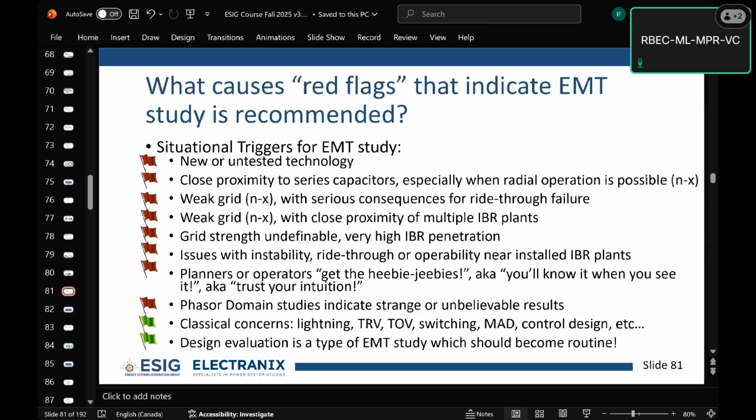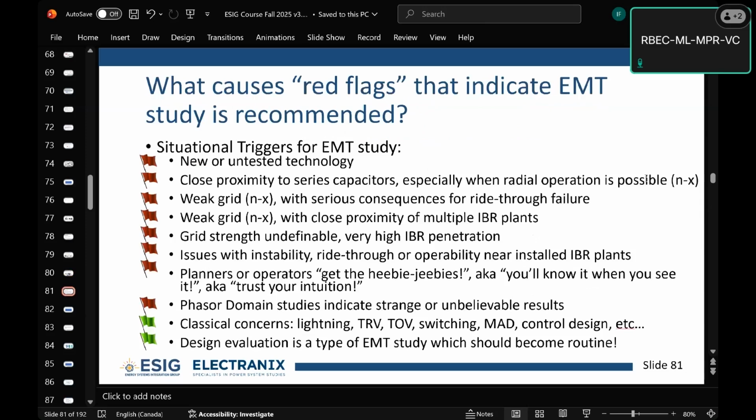But go ahead and do an EMT study. If you're really worried about grid forming and you think it might be a help in your system and you want to try one out, do it, right? Do an EMT study and see what it looks like with that specific technology and give yourself some comfort that